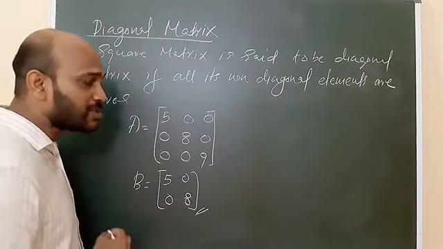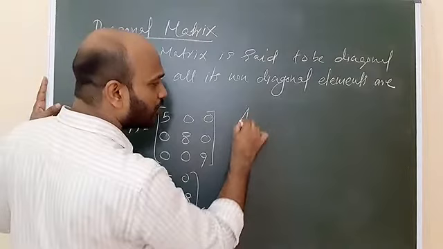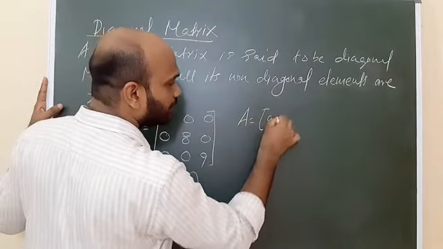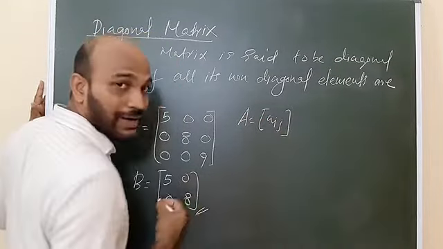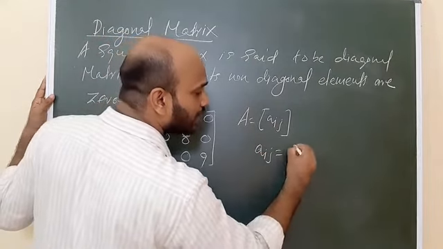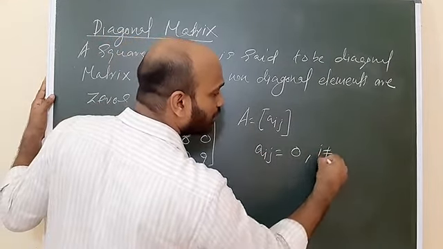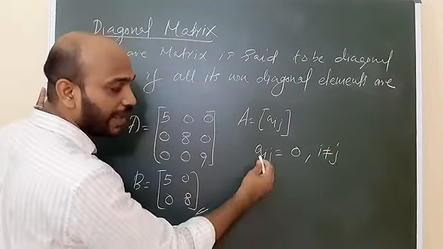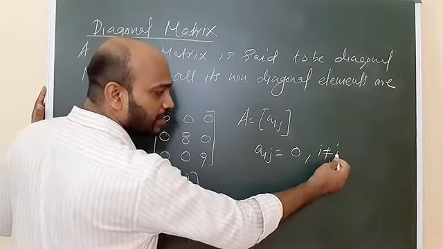And its general definition is: a square matrix A equal to [Aij] is said to be a diagonal matrix if Aij equal to 0 for i not equal to j. That means